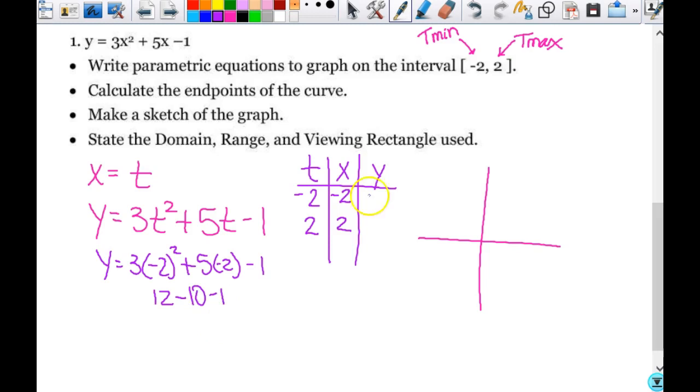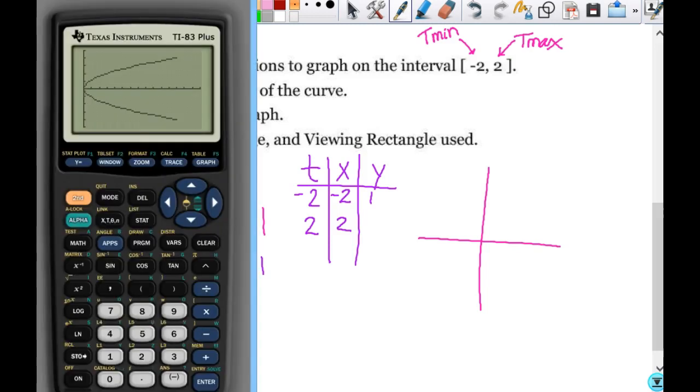1. Okay. Now, you're all capable of this, right? You can totally substitute those in. Do we ever make really ridiculous mistakes on this kind of stuff? Yes. Let's look at how we can actually figure this stuff out here. Let's go graph them. So let's just graph it before we even look at the other one. Let's see. X equals t, so I'm going to clear this out. Y equals 3t squared